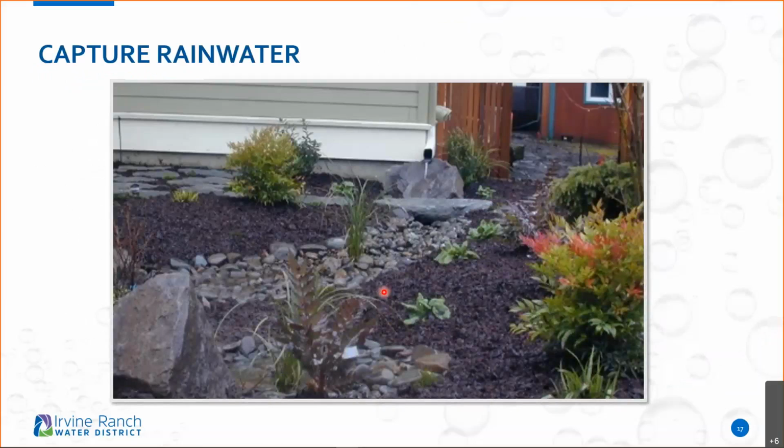Another thing about our landscape is that rainwater. If you don't have any rain barrels, divert those gutters into the landscape. Have them flow right into the landscape. That's one of those things when we're looking at the watershed approach in landscaping: we start to create little areas to capture stormwater or irrigation water in general.